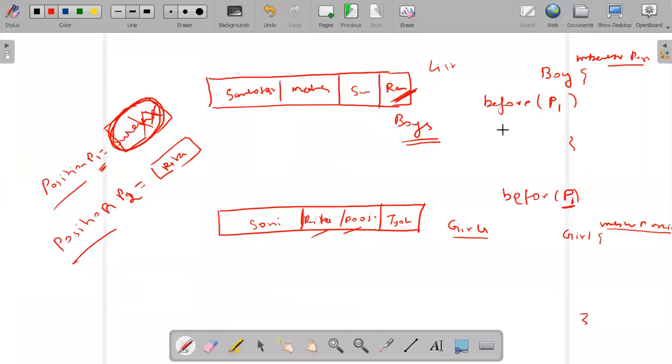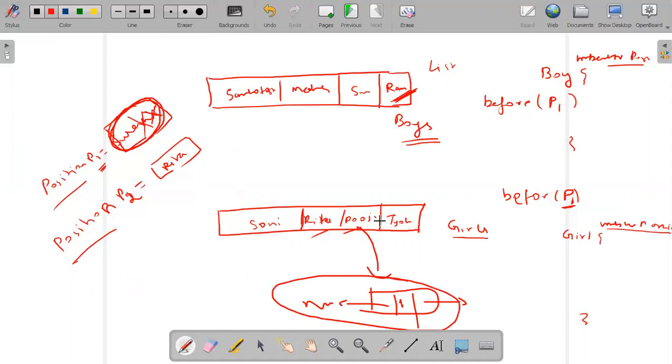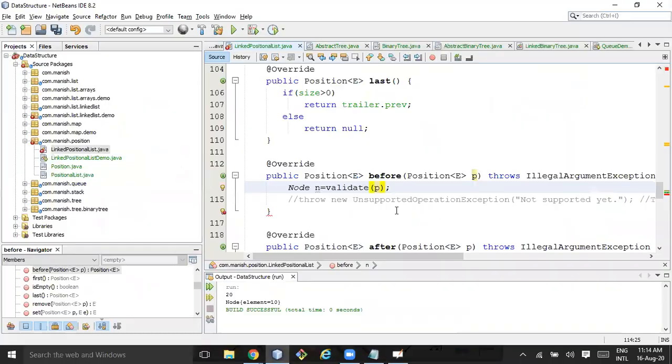And let me explain that part also. Now suppose I removed Pooja from the list. Earlier Pooja was pointing to Jyoti as well as Rita. Now Pooja will be pointing to null, and before this is also null. So if I now pass this object in the list and check who is before Pooja, and this is pointing to null, then this position is now also invalid, right? And any of these objects cannot be created outside of the linked list. That is also one thing. So you should always give the right thing.